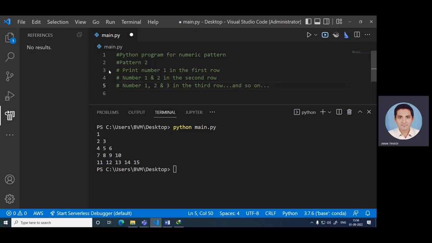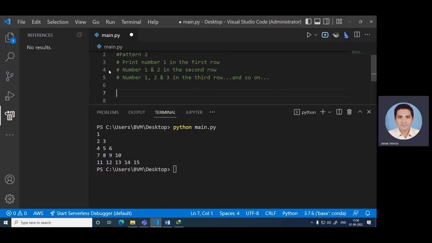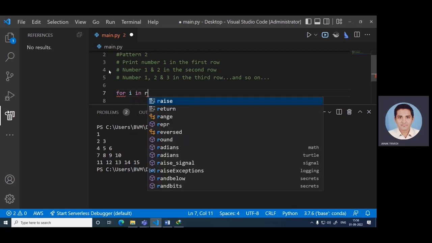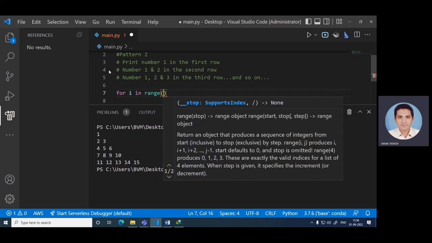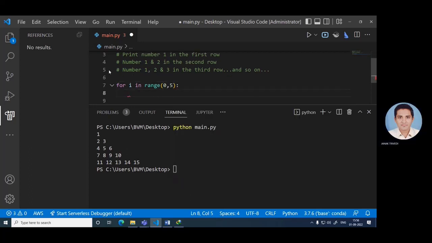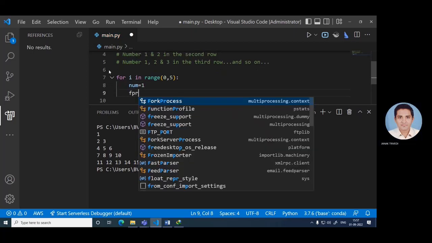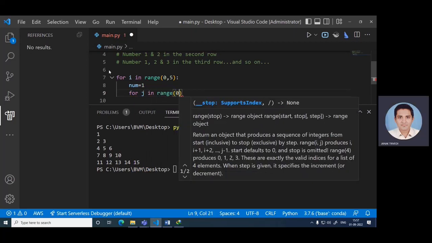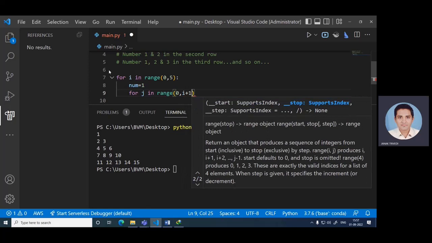So that is the required operation for the second pattern. Okay, let's start: for i in range, let's say 0 to 5, then number equal to 1, then for column j in range 0 to i plus 1. एक के बाद एक नई रो में कौन सा ऑपरेशन करना